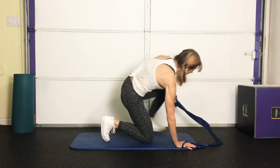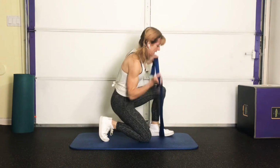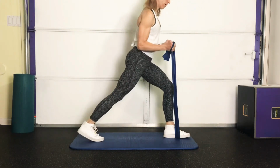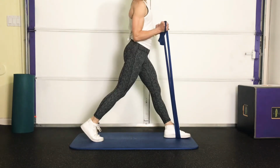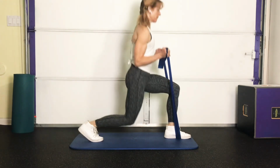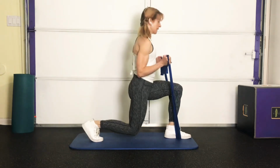All right. Now for the split squats or lunges or whatever you want to call them. I'm going to start off again with the other leg. All right. Get those biceps ready. Here we go. 1, 2, 3, 4, 5, 6, 7, 8,